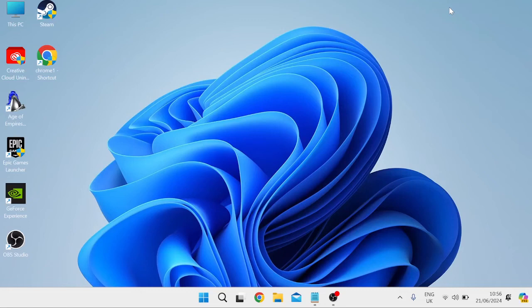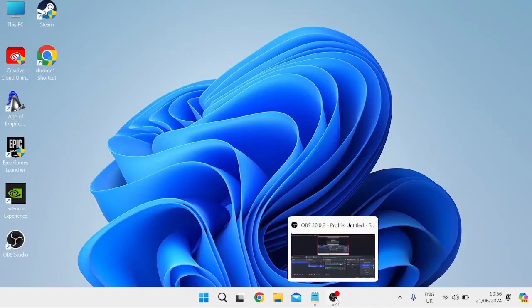In this tutorial, I'm going to show you how to fix any lag or stuttering issues that you may be encountering inside of OBS Studio when you are either recording or streaming. It's a nice and straightforward one to fix, and for the best results, I'd recommend following each of these steps until the very end. So the very first thing we need to do is actually launch up OBS Studio, and